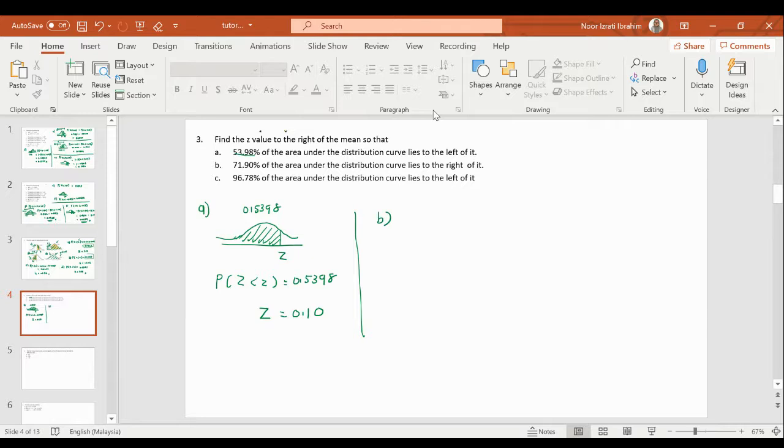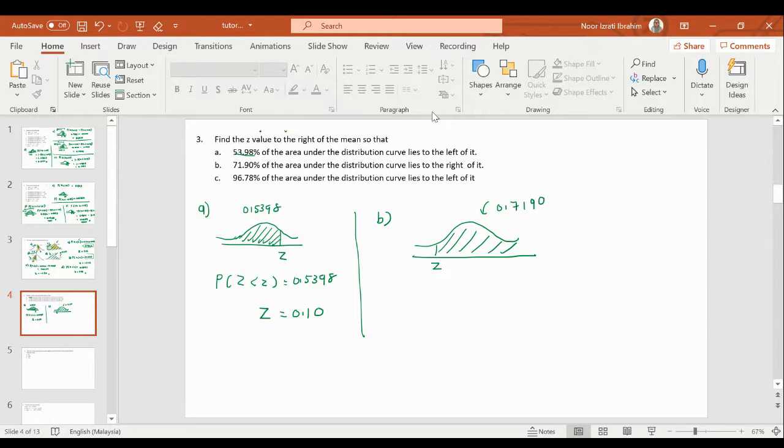The B, 71.90% of the area under the distribution curve lies on the right of it. So right of it is here. And this is the value of z that we want to find. And the shaded region here is